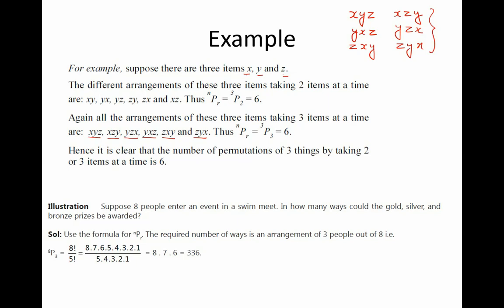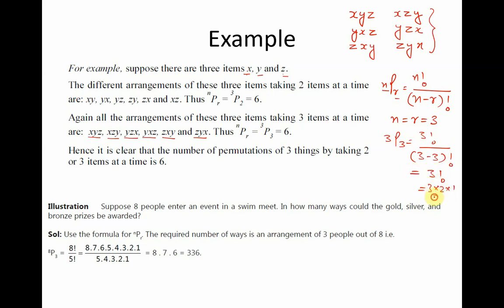So if you try checking with the help of the formula, nPr, remember nPr is n factorial divided by (n minus r) factorial. In this particular case, n is equal to 3 and r is equal to 3. So I'll have 3P3 equal to 3 factorial divided by (3 minus 3) factorial, that is equal to 3 factorial, which is 3 multiplied by 2 multiplied by 1,